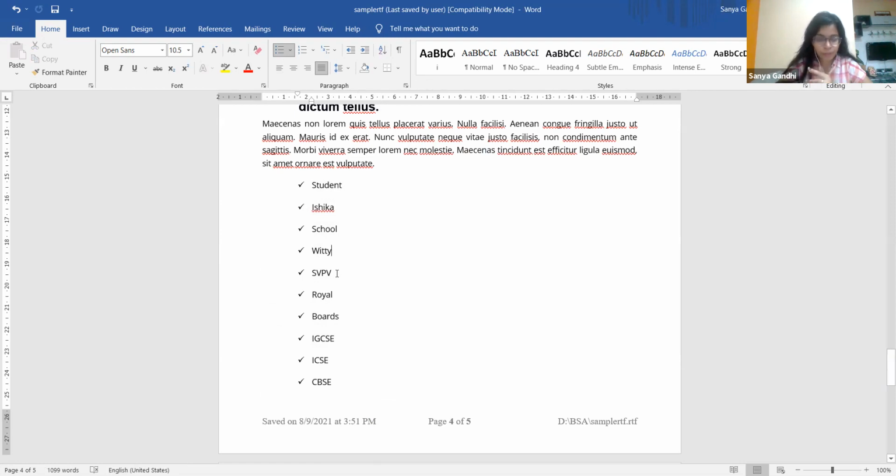SVPV, Royal. Then these three things should be a part of school, right? They should come under school. And in boards, CBSE, ICSE, and IGCSE should be a part of it, right? This list is very unclear. I'm not able to understand what it wants to signify.